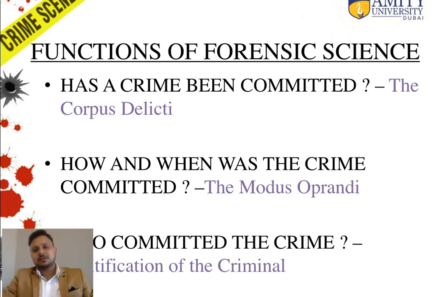And thirdly, who committed the crime? So the identification of the perpetrator, the identification of the culprit. Based on the evidences, they are then linked to the particular perpetrator, the particular individual, and then we identify who has committed